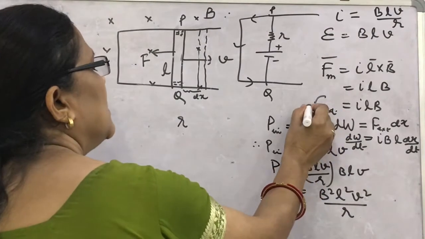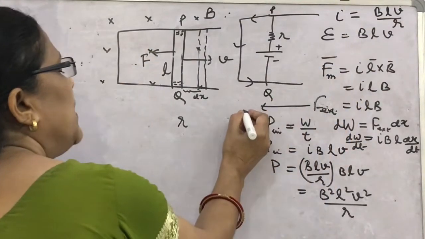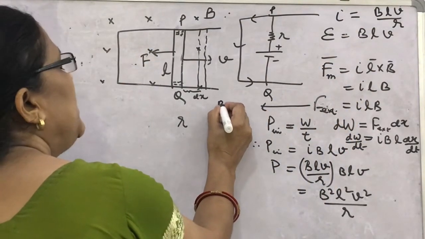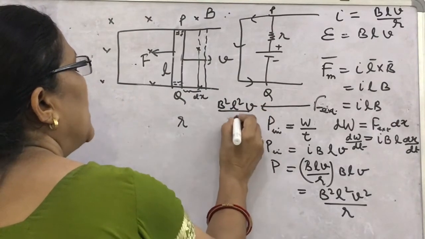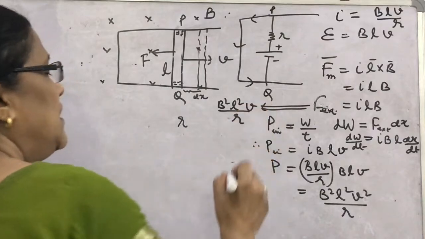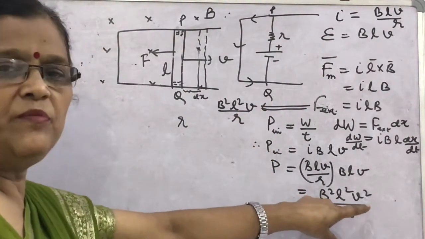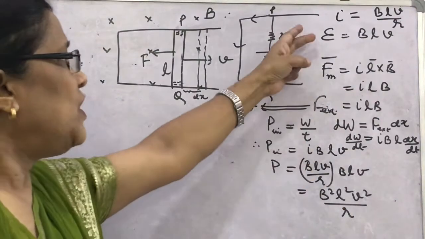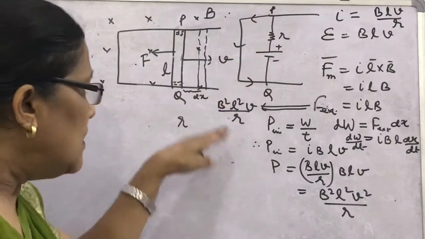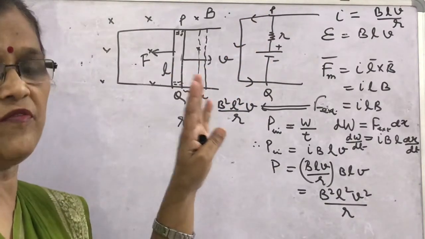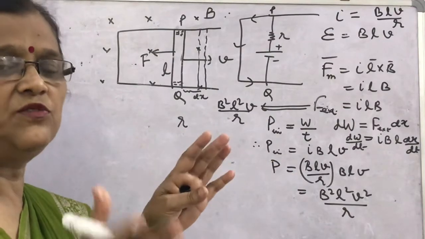F external, if you write in terms of I, you can also write B square L square V upon R. So F external in terms of BLV, power input in terms of BLV and R, EMF in terms of BLV and I. These four relations you have to learn,